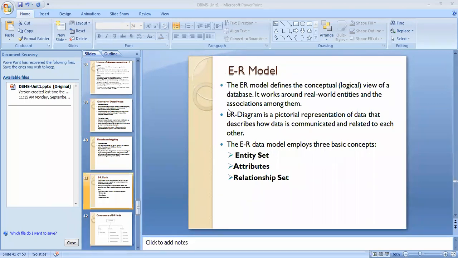May I repeat the question? Employee works for the XYZ organization. Let me know which are the entities in this statement.